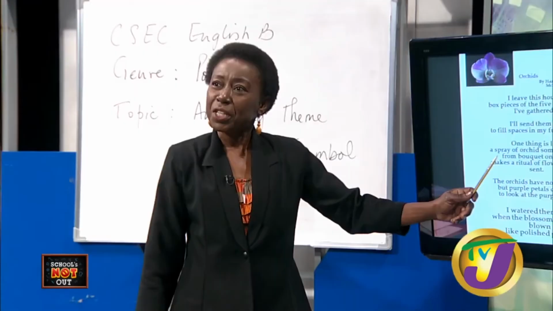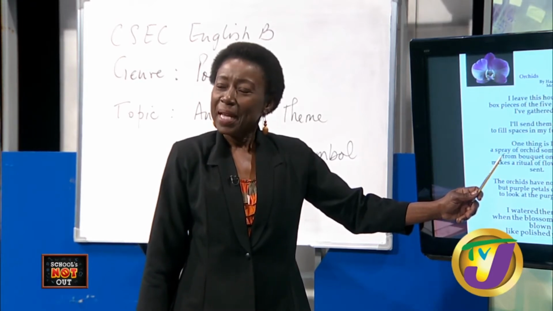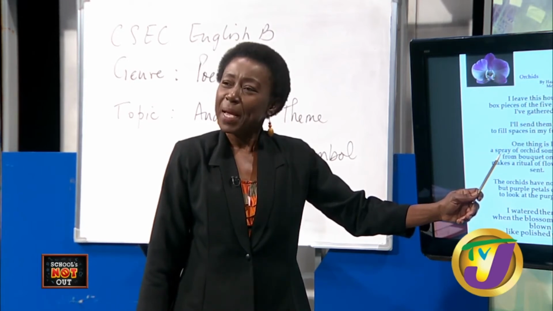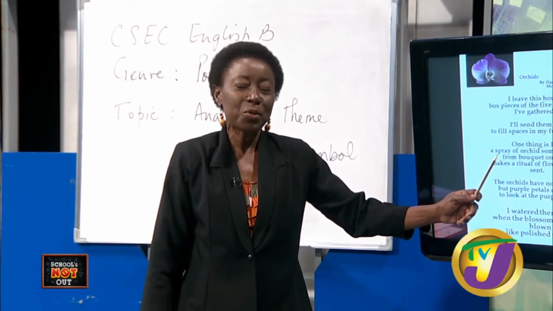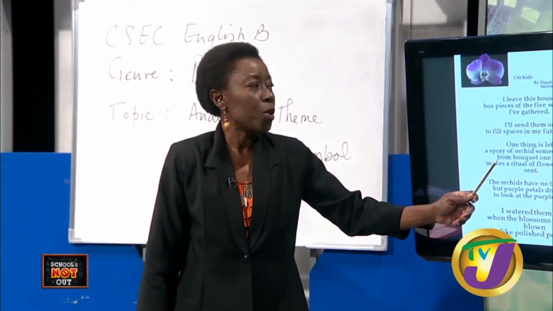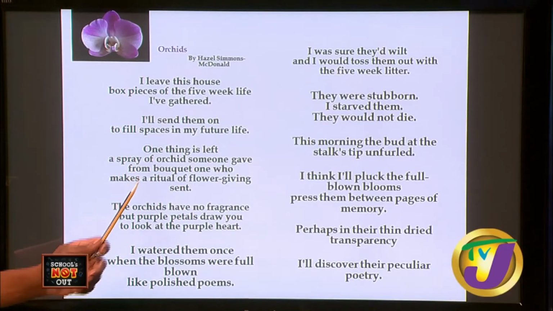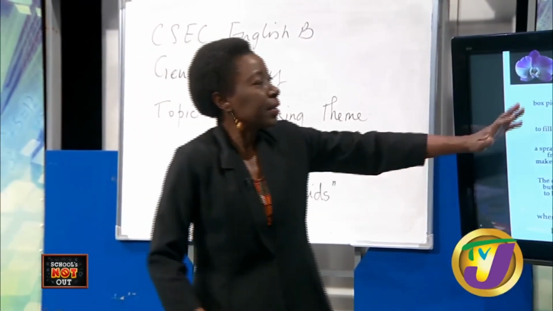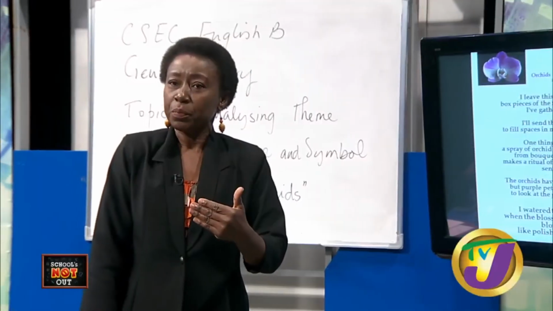Why would you want to leave the orchid behind? An orchid is a flower of wisdom and magnificence and beauty. And it came to you as a present. But you want to leave it behind. So I am picking up and drawing from the different aspects of the poem to say that the theme is